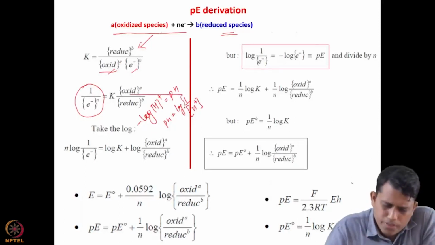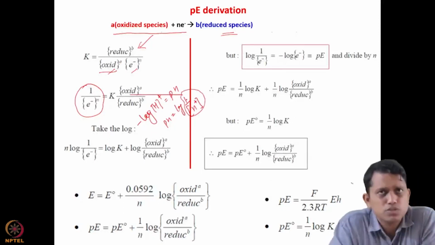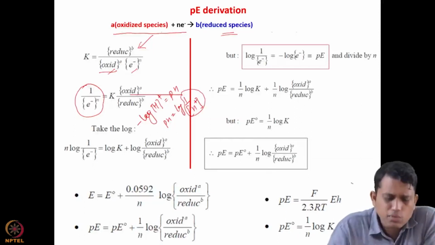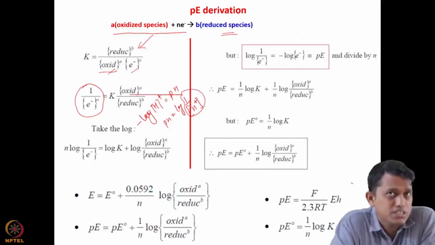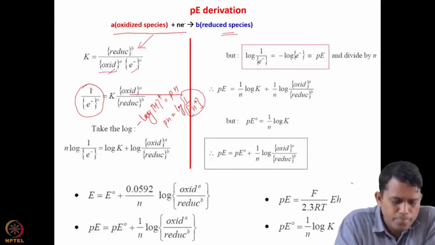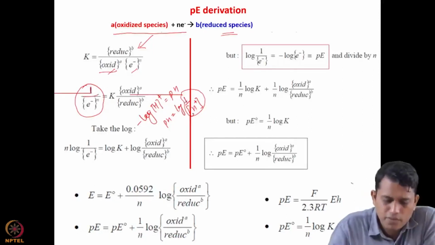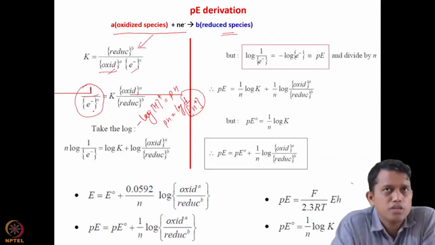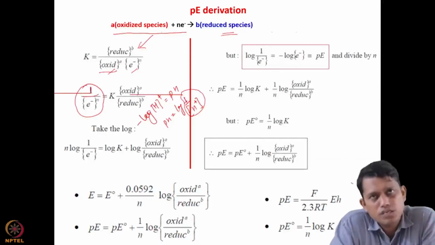So we have 1 upon H plus notation. Since I want to write PE, where I want to put a similar concept like pH, I have this 1 upon E. So this term I already have, like 1 upon H, 1 upon E. But if I take a log of this equation,